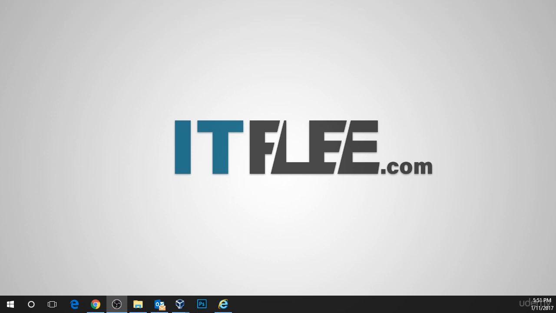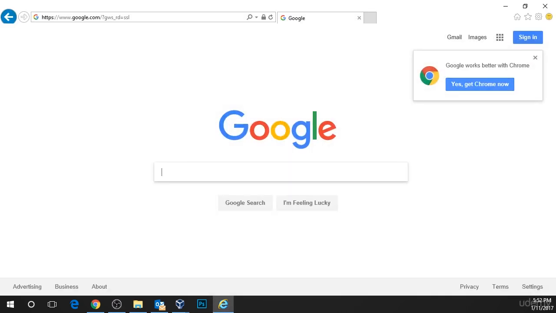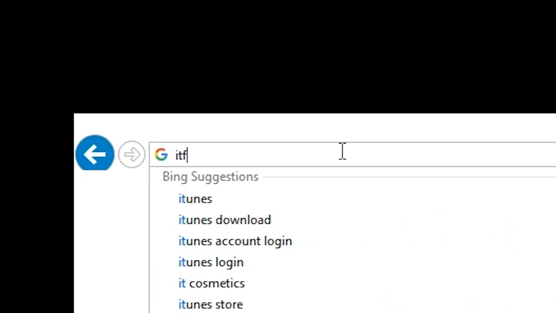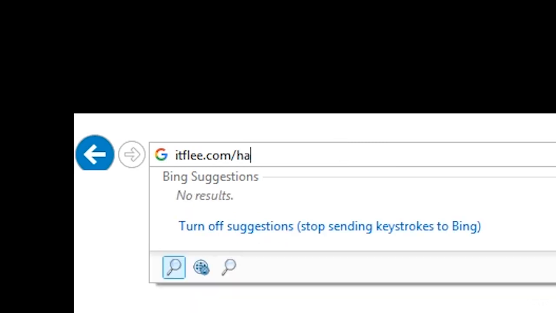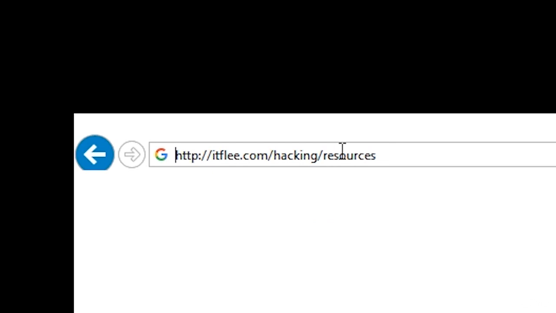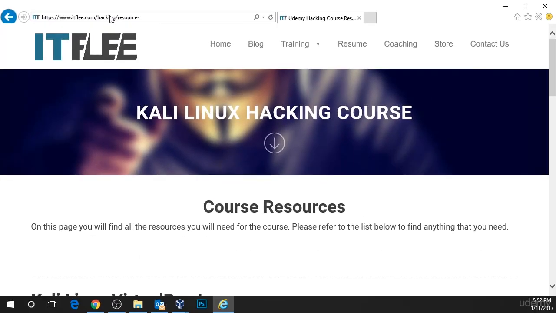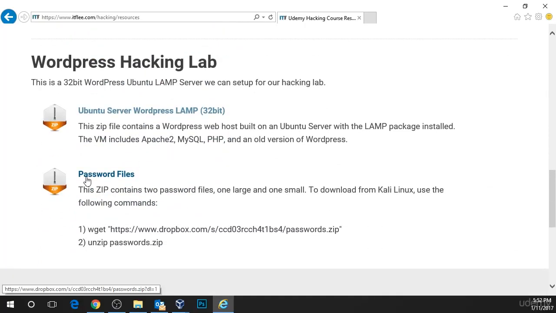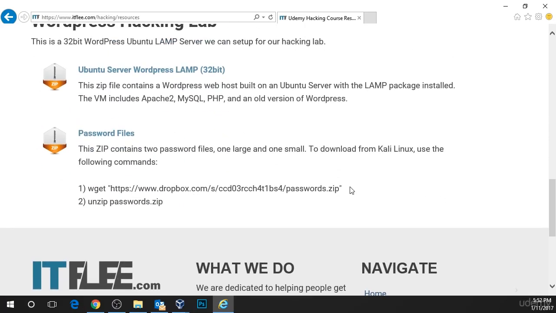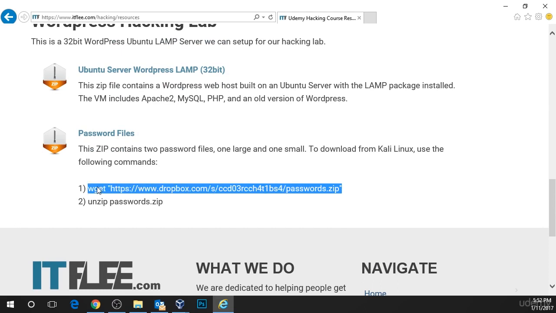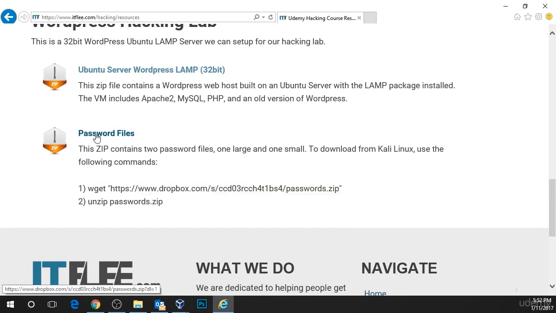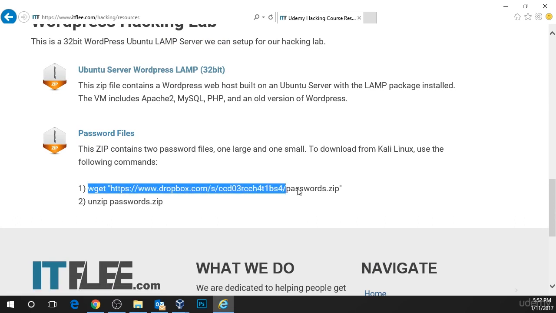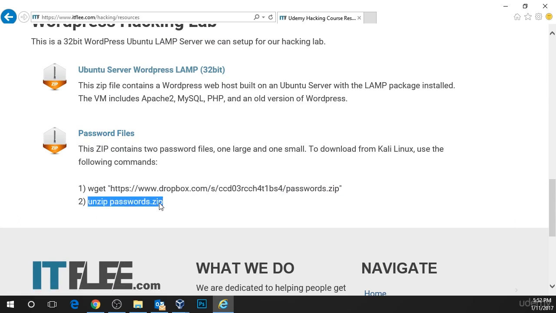Password files can be found all over the internet, but I've prepared a couple of them for you. The way that you can get it is to open your preferred browser and go to itflea.com/hacking/resources. Then scroll down the page to the bottom, and we can see we have a list of password files. I also give you commands that you can run straight from Kali Linux, so you don't have to download it here and then transfer it to your VM. You can just run this command to download the file,